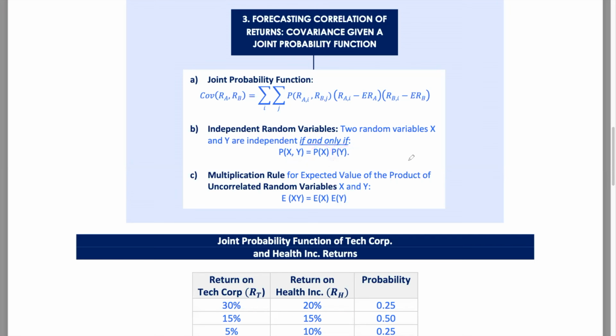Now, you may be wondering what the implications are for portfolio management. When dealing with independent random variables, the returns on different assets do not influence each other. This is a useful property for diversification since it means the risk of one asset does not spill over to